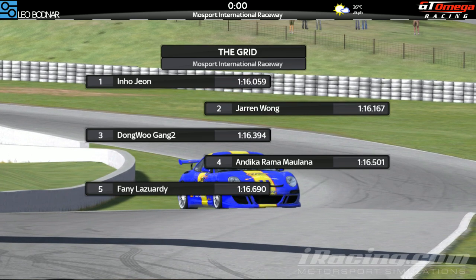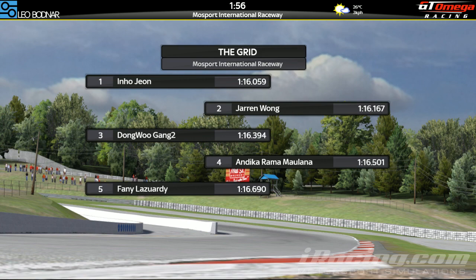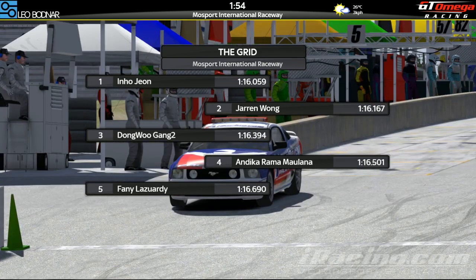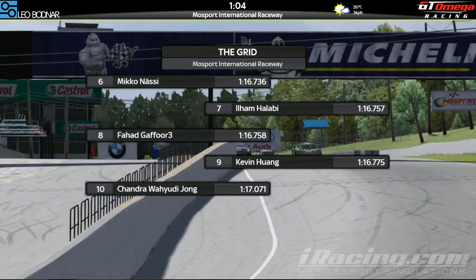So, we'll have a quick run through the qualifying grid then. Pole position for In Ho Yun with a 1 minute 16.058. In Hyu Sung in 19th, Fuji Satano in 20th,